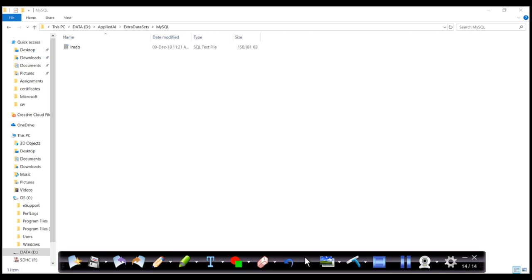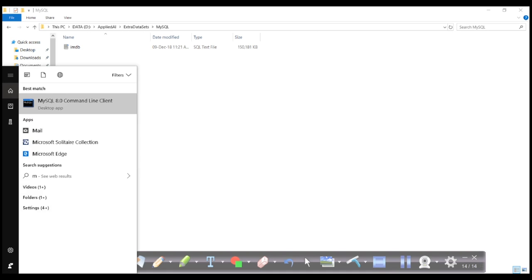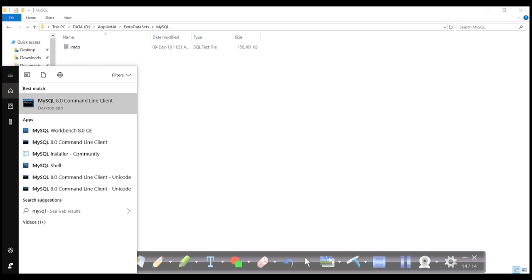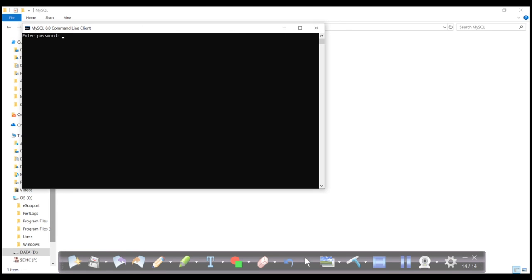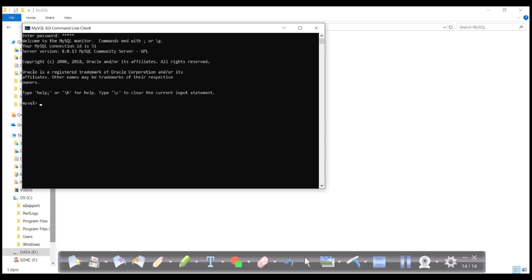Now again, as we have seen in the last video, we'll go to the MySQL command line client. Here I need to enter my root password, whatever root password I gave. Now first I'll create a database. First we have to create a database called IMDB. To do that, I will use this command called create database